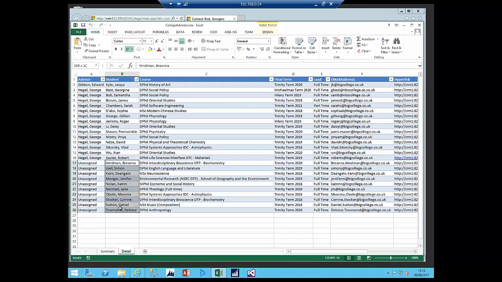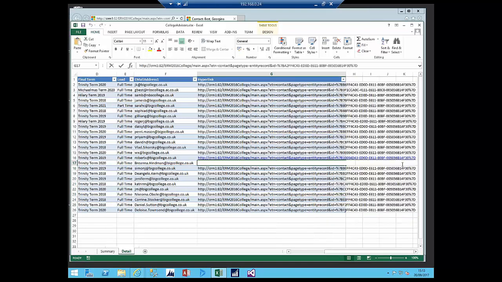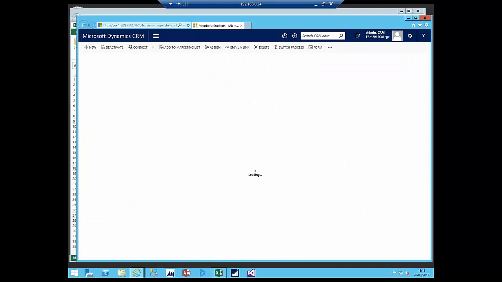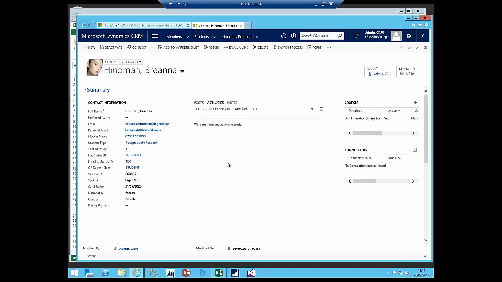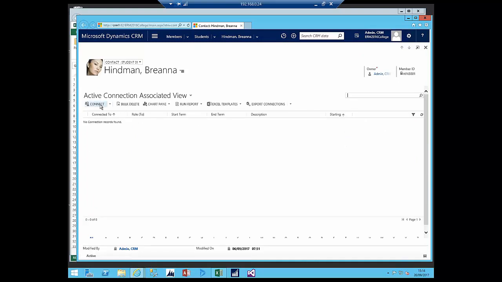I have these 10 students. So these are the ones that I need to look at so that I can make sure that I've got things organized. Again, from here I can draw back in. So I can use the spreadsheet to identify the records that I need. The spreadsheet is dynamically going to get updated. I can see that there's no connection record found here. So now if I go and do a connection,